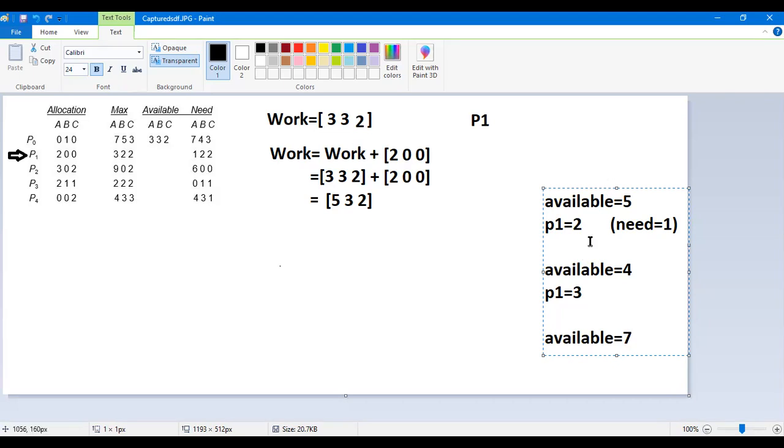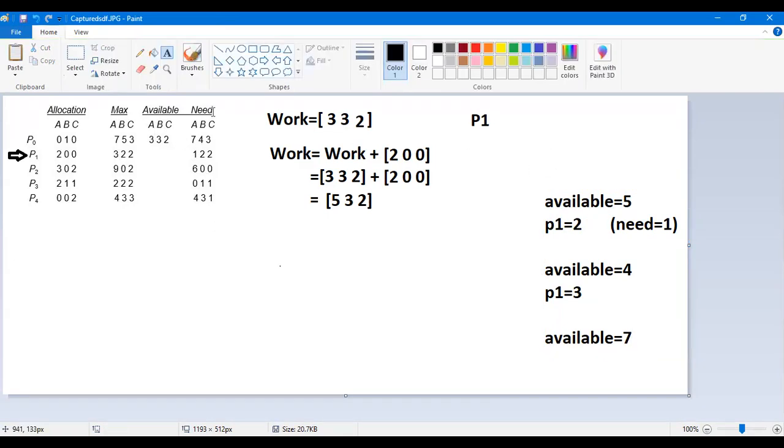So what we can do, we can assume that we are not giving one resource here. We are directly adding this allocation part to the available to get the fresh availability of the system. That's why here we are adding the allocation part. If you are adding the maximum, that will be too much. We cannot add the maximum. We have to add the allocation part in the available one to get the final availability of the system.